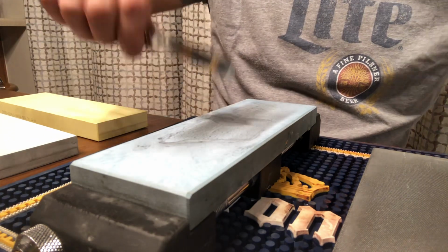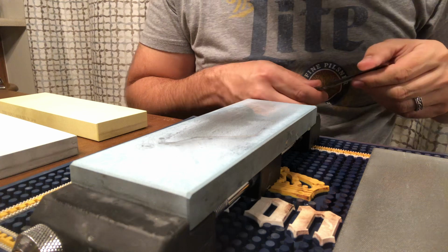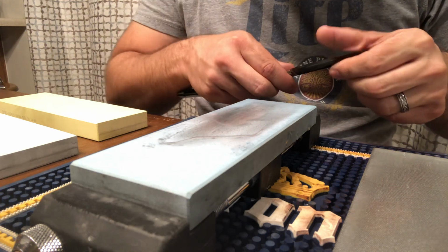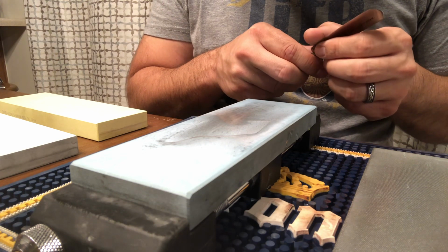All right, so there's 50. So that's a total of 75. And I always keep track so that I can do a similar number on both sides. All right, and at this point, I'm starting to feel